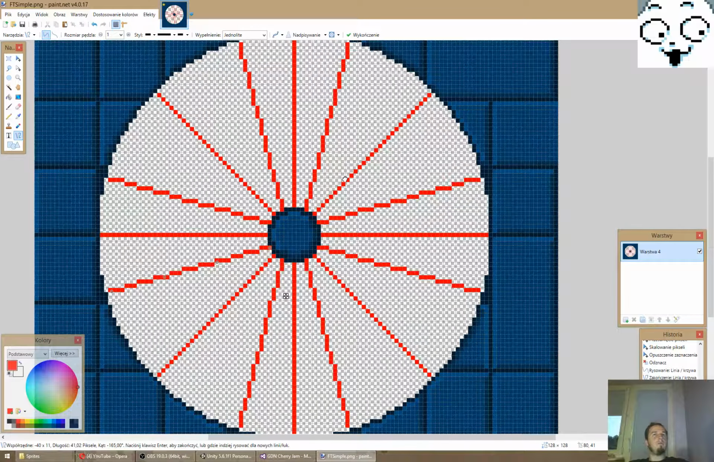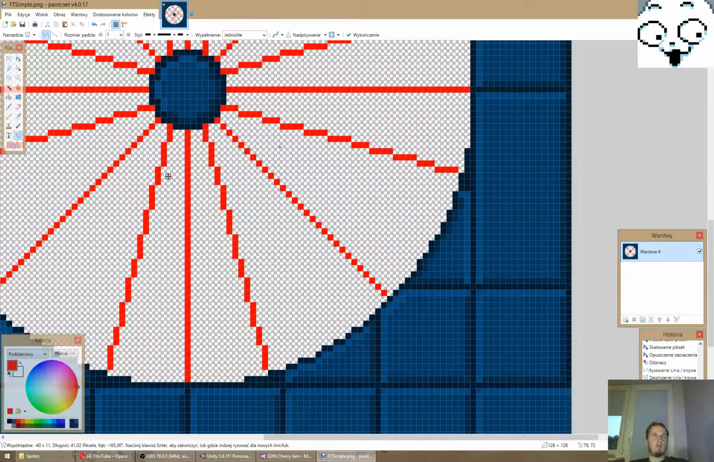So there will be 1, 2, 3, 4, 5, 6, 7, 8 stairs, with this one being the topmost stair in this whole flight of stairs. So let's begin with that. Like this. Now I want to add